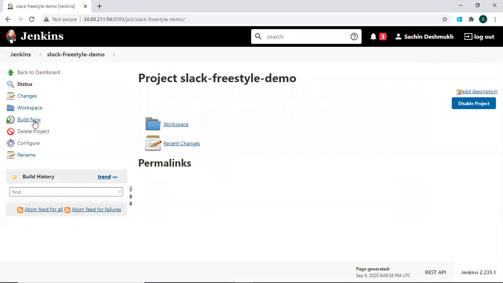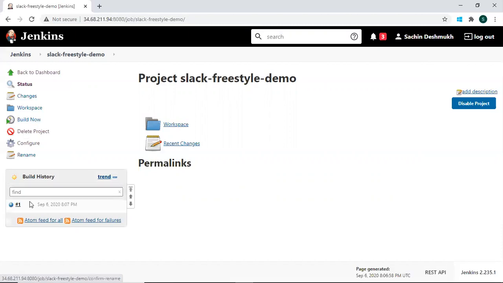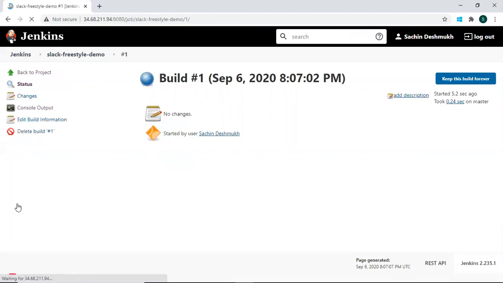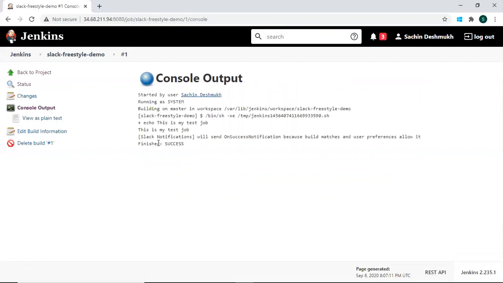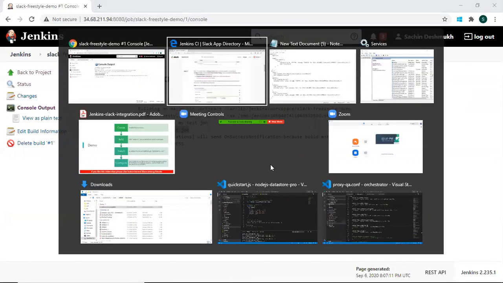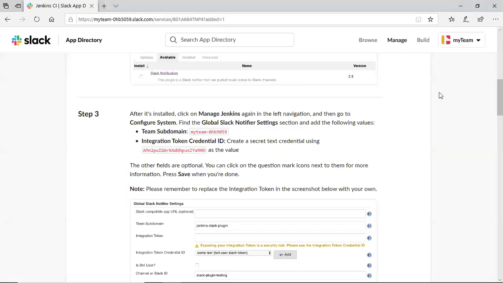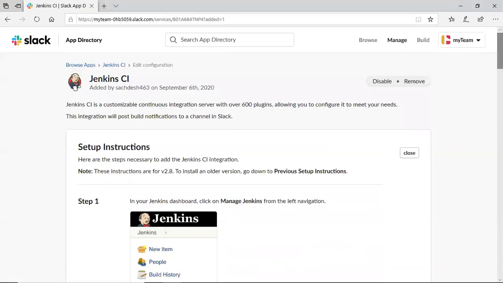Let's build this job. In console output, you can see the build step has executed and Slack notification will be sent on success notification because build matches and user preferences allow it. Now let's go to our Slack. This is our Slack.